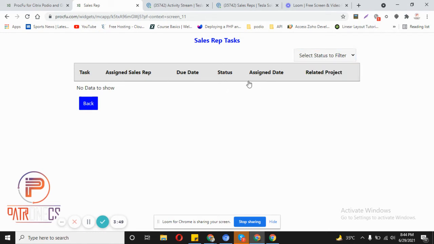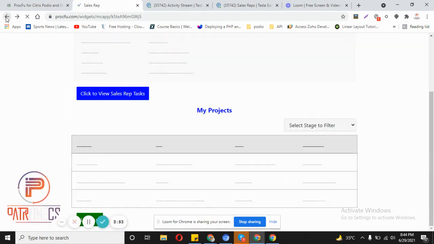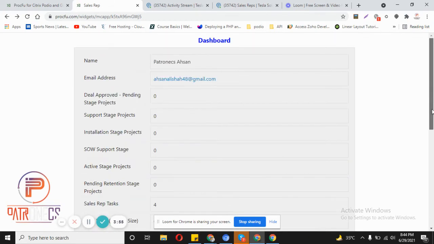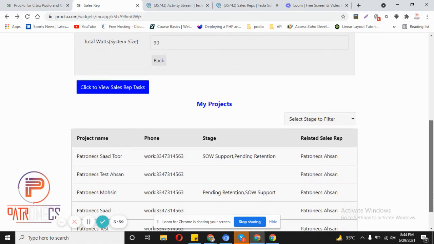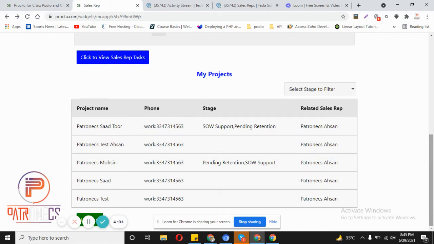You can see that these are very simple mini apps, but you can build a complete portal here, and you can make them more complex, with complex logic. So basically you can build portals by using Procfu mini apps.